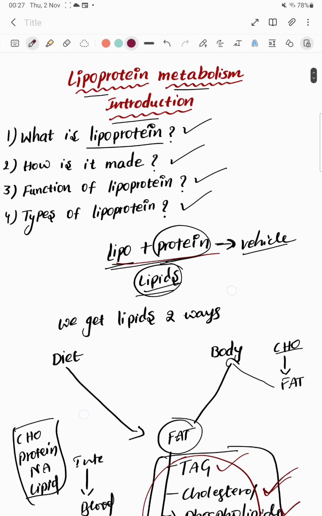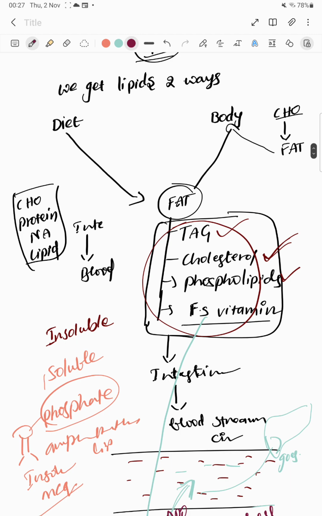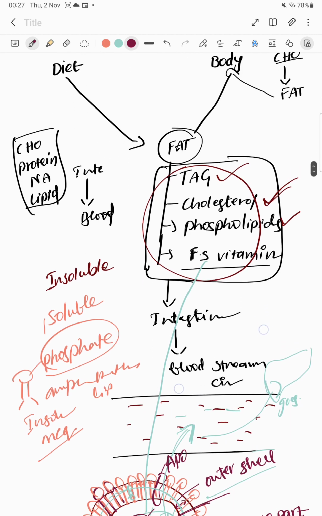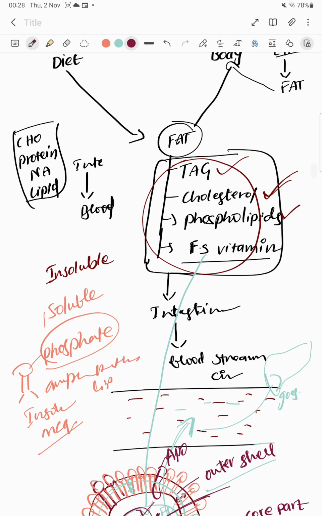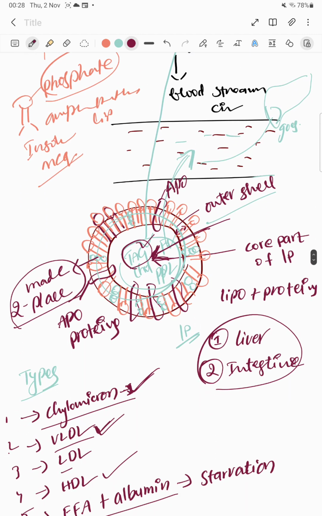See here the meaning of lipoproteins: lipid and protein content is present. These lipoproteins are required for the transportation of dietary fat and also body synthesized fat. All these fats like triacylglycerol, cholesterol, phospholipids are getting loaded inside the lipoprotein. This is a typical lipoprotein structure, consisting of the phospholipid part in the outer shell and also apoproteins. These apoprotein functions we will see in the next video. Cholesterol is there and all these form a